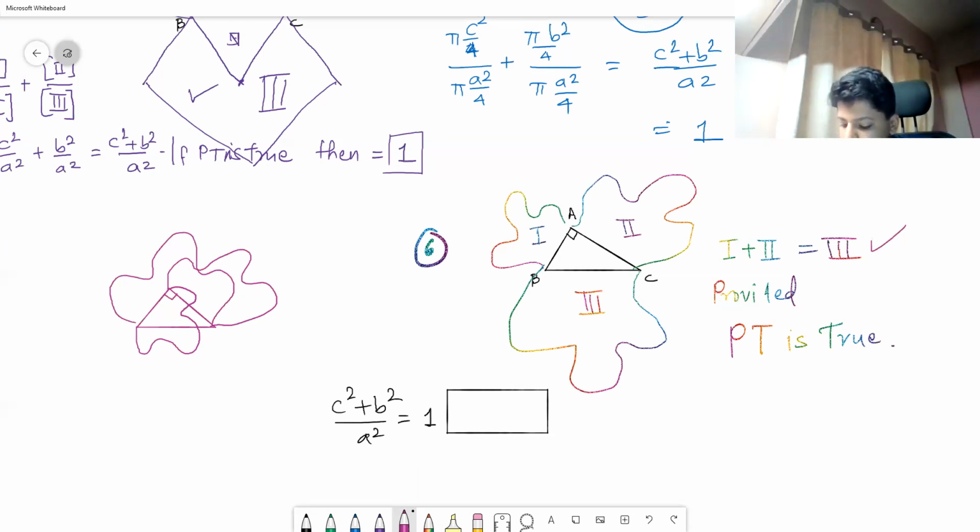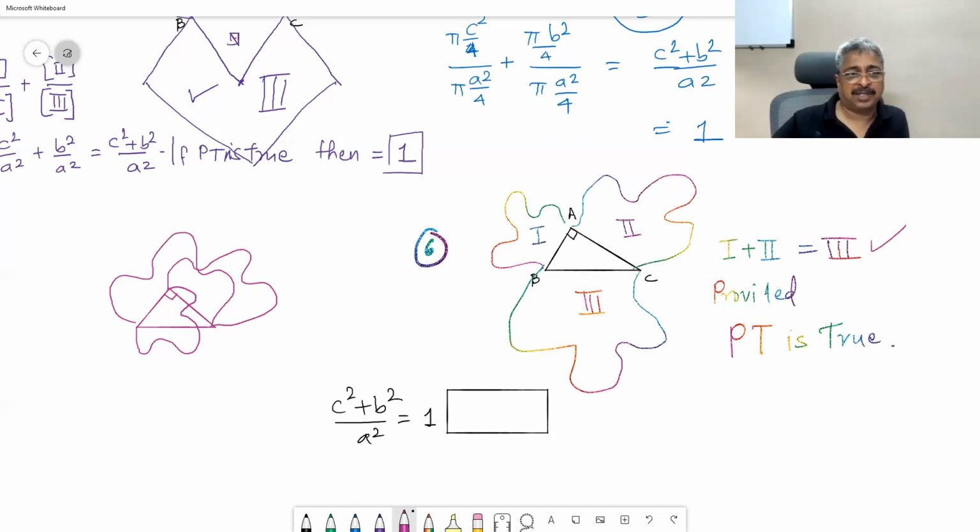I mean, don't mind drawing those similar figures whether inside or outside. It doesn't matter. The summation of the two is always going to be equal to the third. That is what he is trying to claim. But unfortunately, he is using, every time, that the Pythagoras theorem is true. That is the statement Euclid is using continuously. But then Euclid is Euclid.